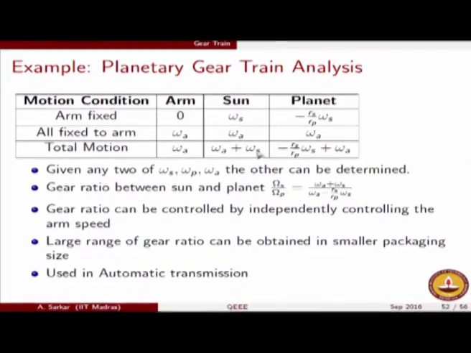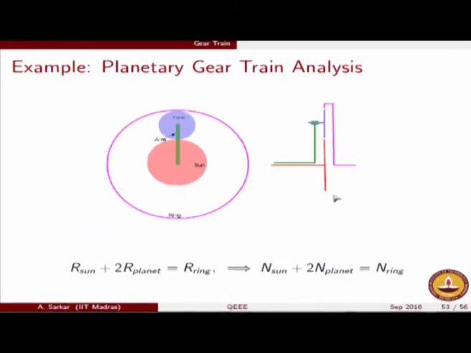So as I said, the planetary gear trains are predominantly found in automatic transmissions of different vehicles, whether it is just a scooter or even the western cars, wherein mostly they have automatic transmission. Such planetary gear train transmission is prevalently used. Okay, so in the next example we are just complicating things a little bit by putting a ring gear, right. So we had the sun, the planet and the arm as usual. Now we have a ring gear which is shown in magenta over here.